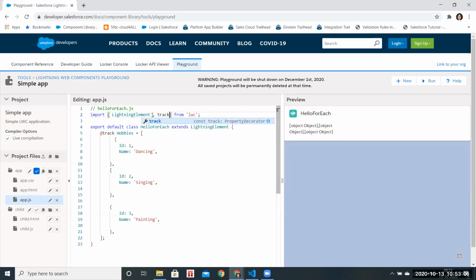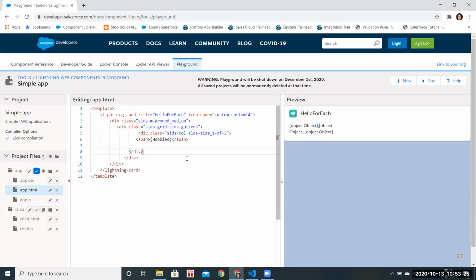Don't give a space after LightningElement. Can you go back to the HTML? Remove the curly braces. With data binding, we used to keep the curly braces, right? Try once.